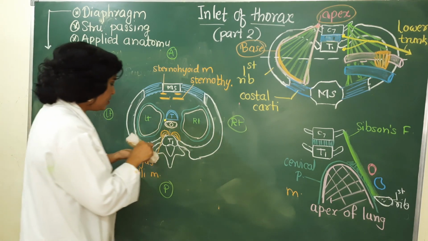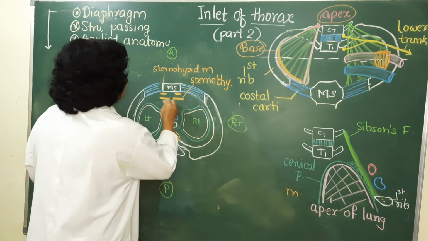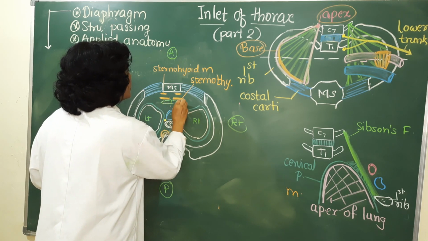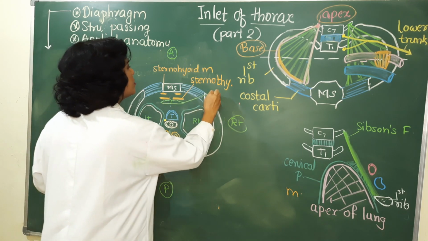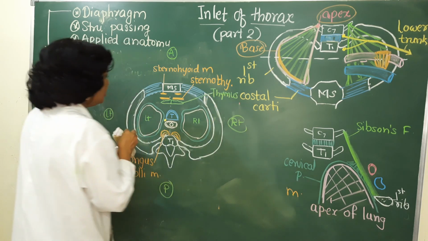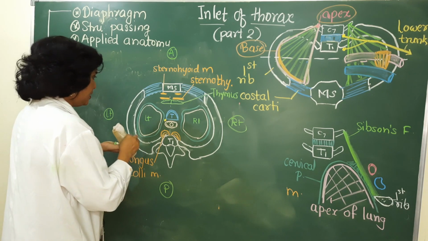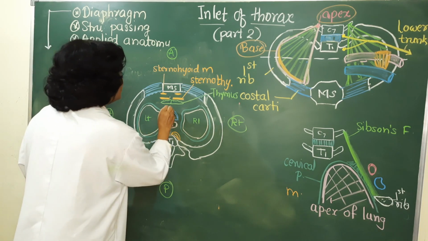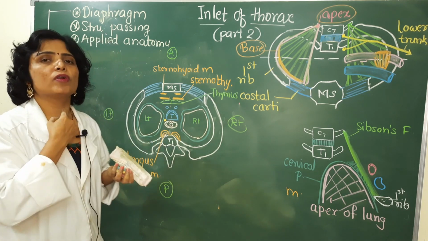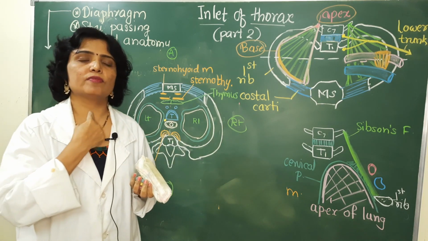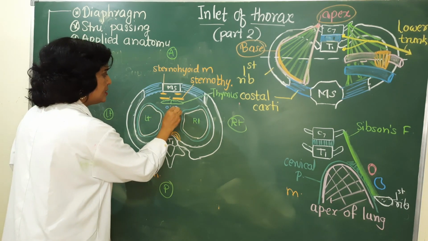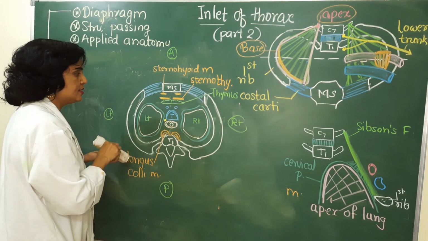Now, in front of the trachea you can see the remains of the thymus. What I have drawn here is the thymus, so the remains of the thymus are seen here. Just behind that you can see the veins. The inferior thyroid veins, which come out from the lower border of the isthmus of the thyroid and enter into the left brachiocephalic vein, are seen here.